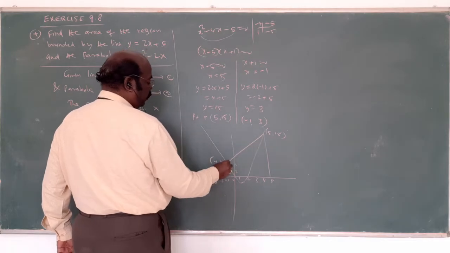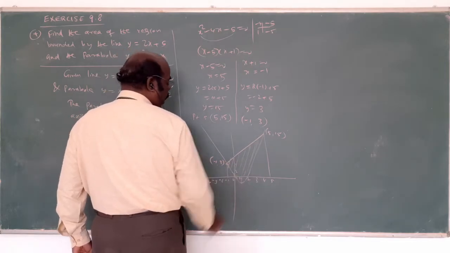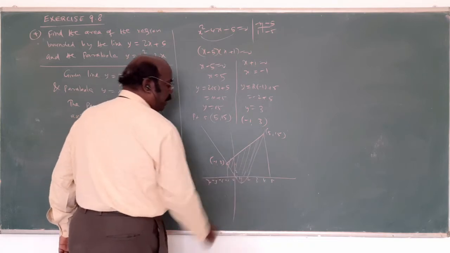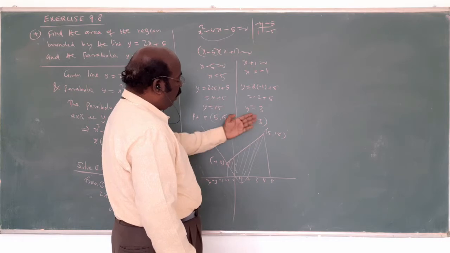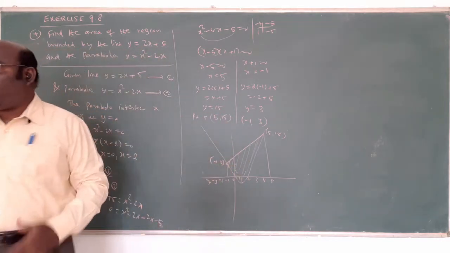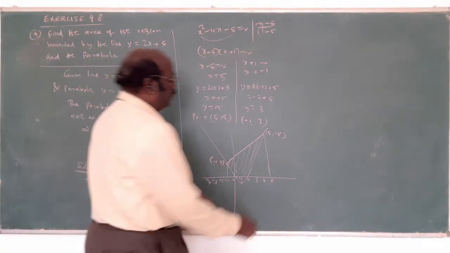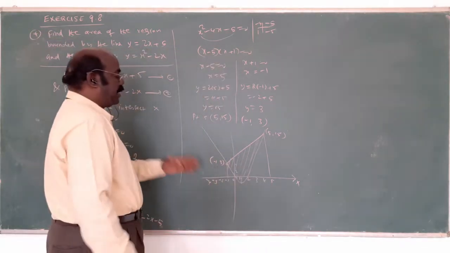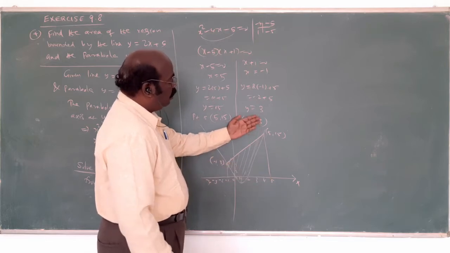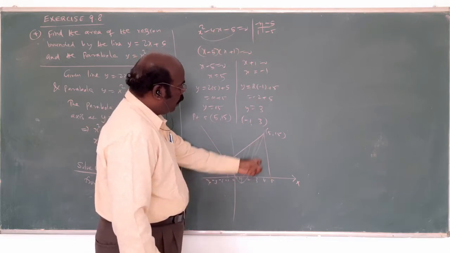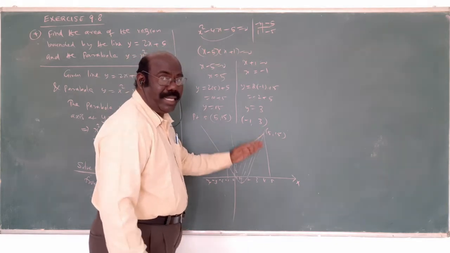This area is being asked. Am I right? The limit is what? Minus 1 to 5 is the limit. Here actually, the line is above the region and the parabola is below the region. That's very important. Listen here. Integrate with respect to the x-axis. From the top the line is there, below it the parabola is there. That's why the area of the line minus the area of the parabola.